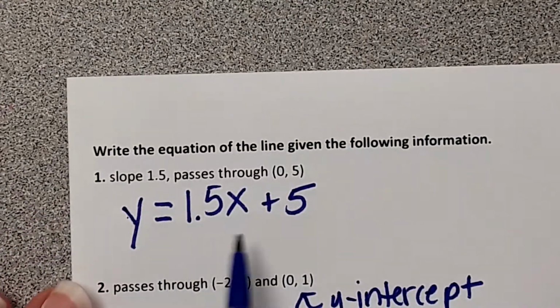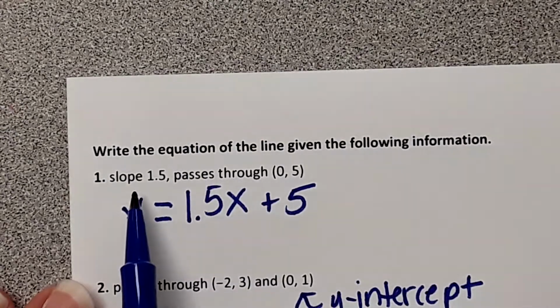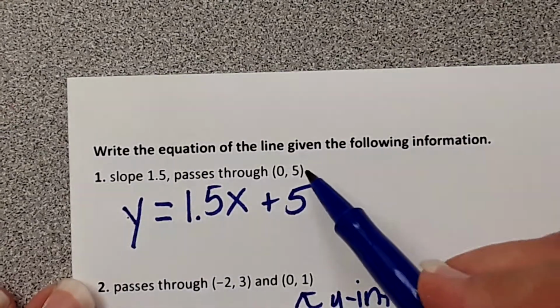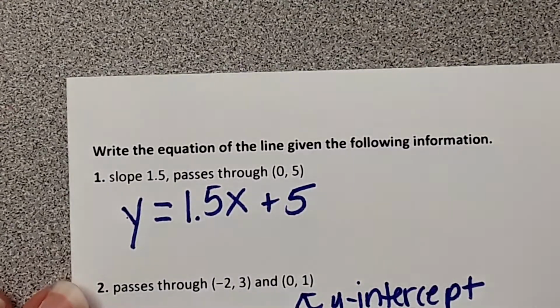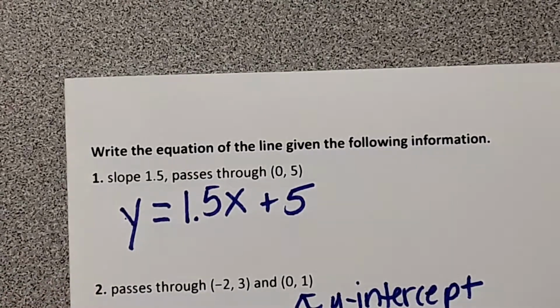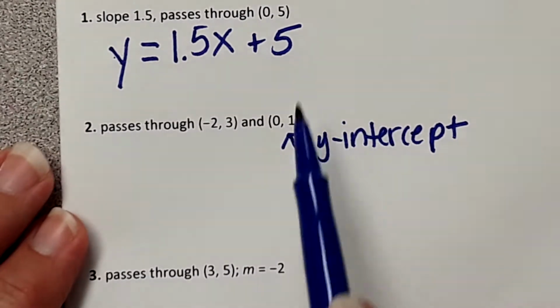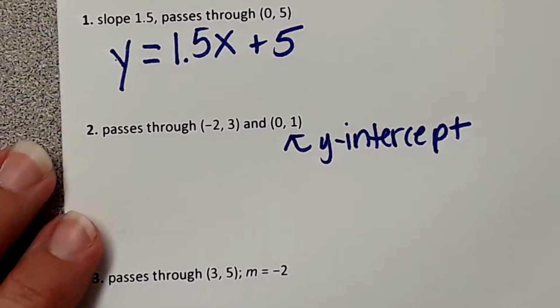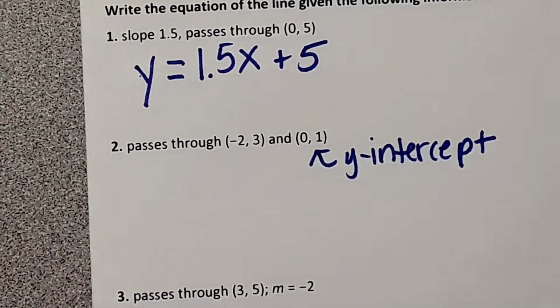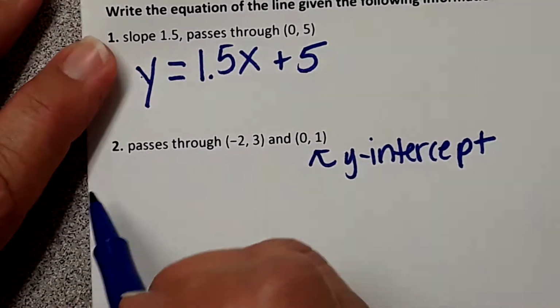Okay, so let's just go back. The reason I wrote this one in slope-intercept form is because they gave me a slope and the y-intercept. That's the y-intercept. How I know that's the y-intercept is because it's 0 and a number. Number 2. They're giving me 2 points. I noticed that one's a y-intercept. So the first thing I'm going to have to do is find the slope, no matter what. Whether I was going to put it in point-slope or slope-intercept form, I need to find the slope. So to find the slope,